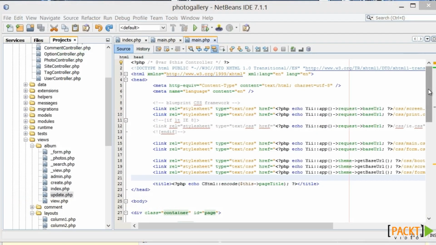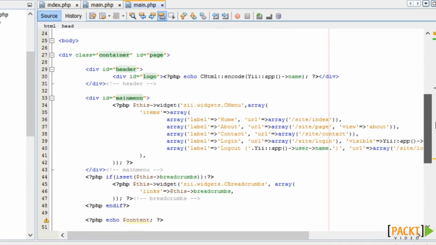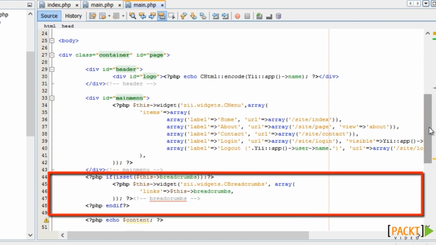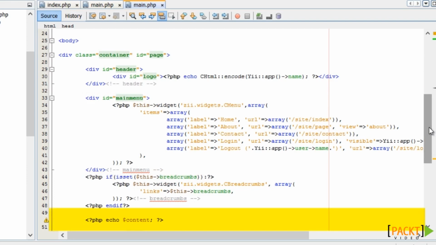So going back to the main layout, we can see that it uses a menu widget to display the main horizontal menu. And we'll look more closely at this widget in our next session. It then displays a breadcrumb, if present, and then it echoes $content. You may expect the $content to be the results of the render statement, but before that there's another layer of